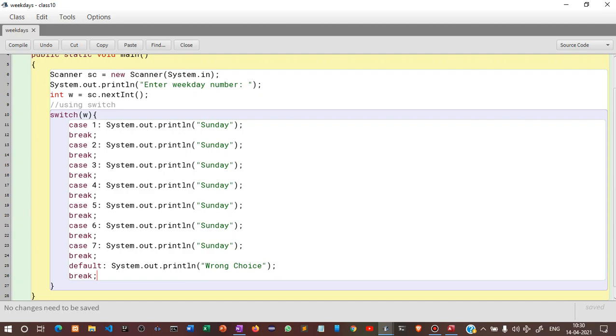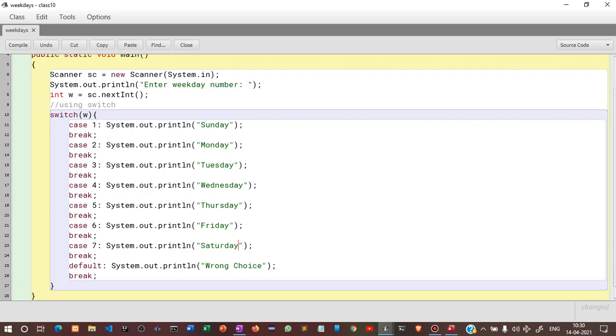Now what you have to do is just change these values: Monday, Tuesday, Wednesday, Thursday, then Friday and Saturday.